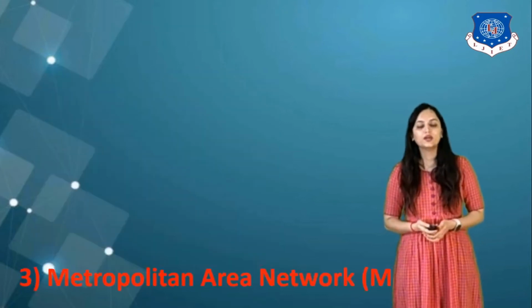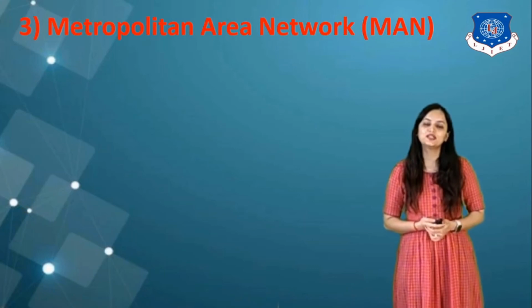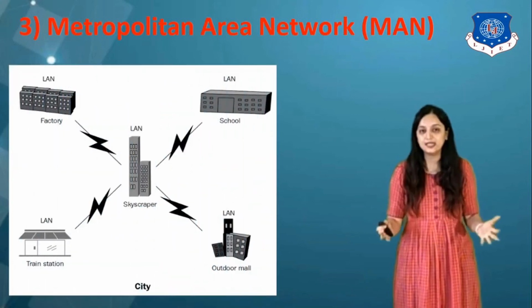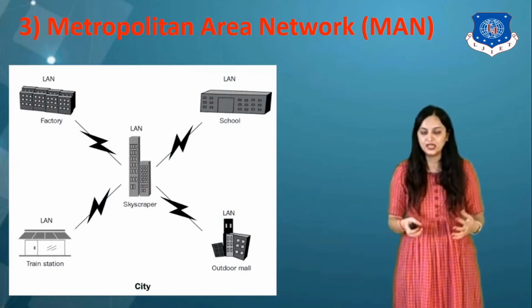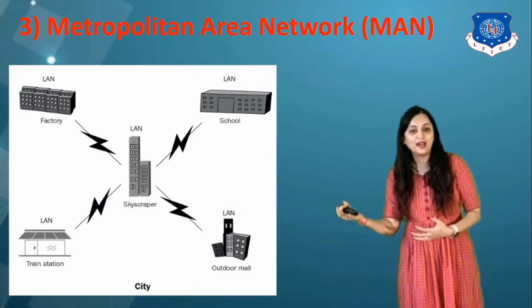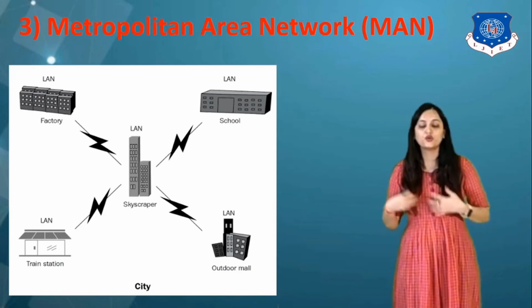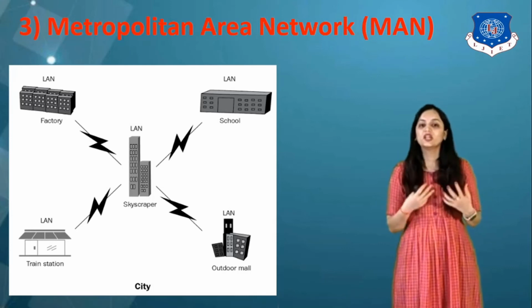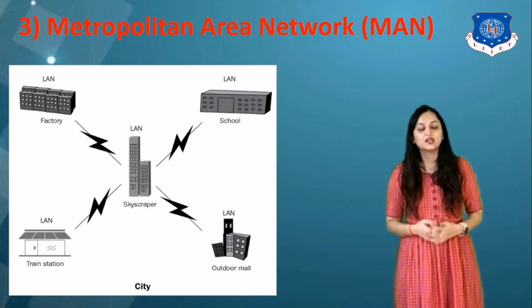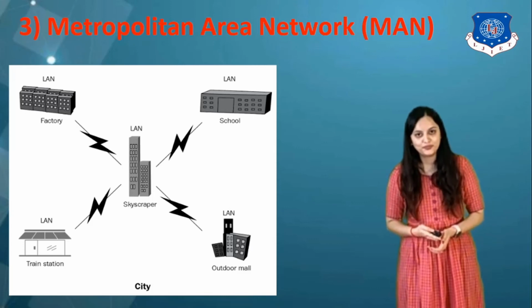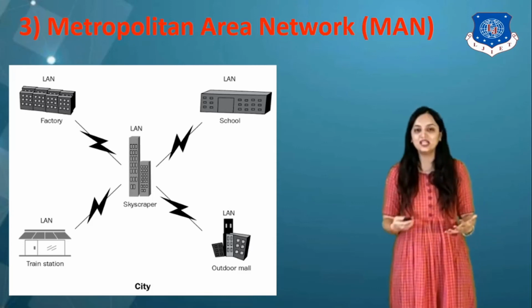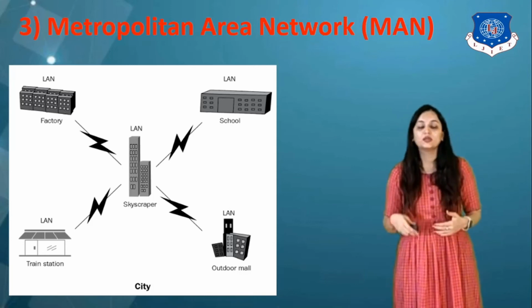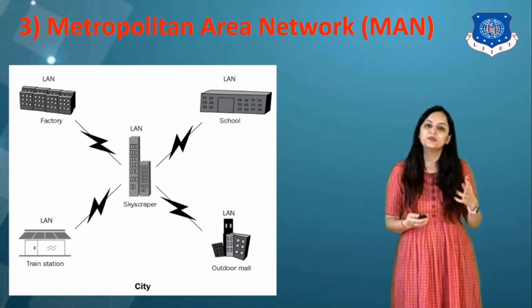Okay. The third one is MAN, which is Metropolitan Area Network. The Metropolitan Area Network generally covers a city. So in a particular city, if there is some school, some factory, some train station, malls or any skyscrapers or such buildings that want to transfer data between devices, that comes under the category of MAN. That means this covers a particular city region. This is similar to the cable television networks that were previously used.